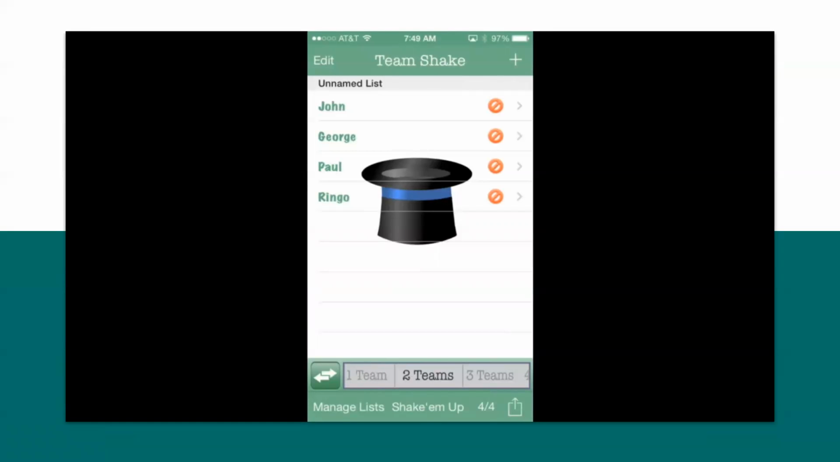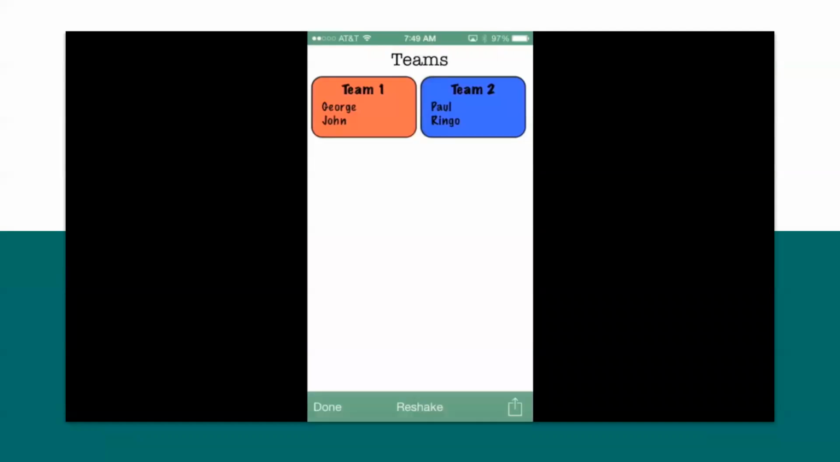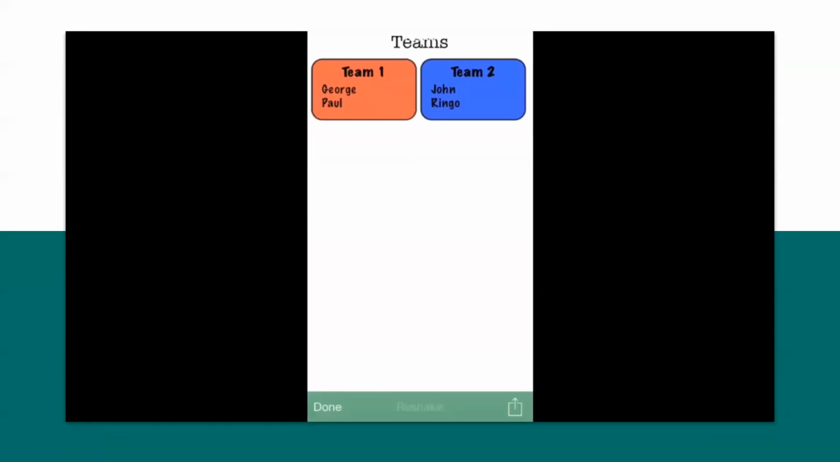Or for the less brave, you can simply press the Shake 'em Up button located at the bottom of the screen. Shake again or press the Reshake button if you don't like the initial selection. Continue doing so until you are satisfied with the teams. At this point, you can start playing your game, or you can share the teams in an image, text format,